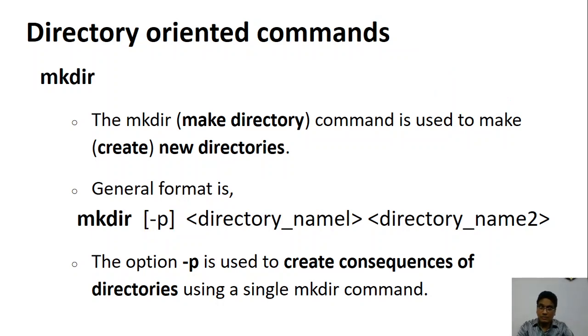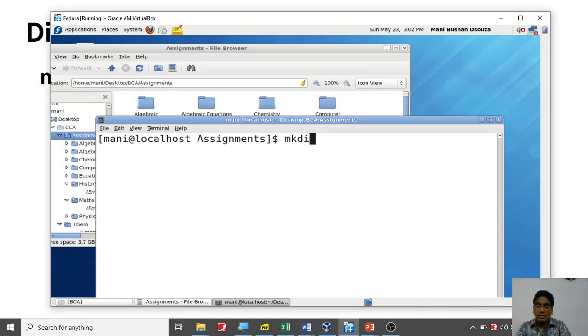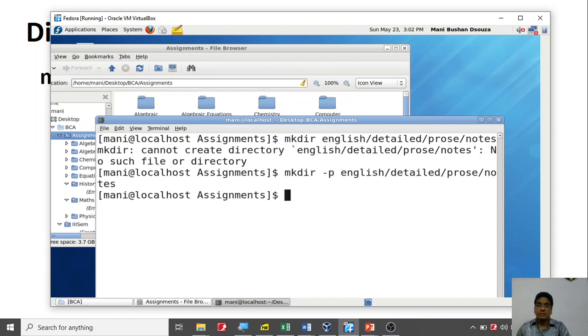So let's look at how it can be created. I'm going to go here, and I'm going to say mkdir, and first folder is English. Then I'm going to say detailed, and then prose, then notes. These are all folders. Press enter. Now it's going to say that I can't create this kind of folder. That is called nested, one inside the other. Now if I use the option -p and press enter,